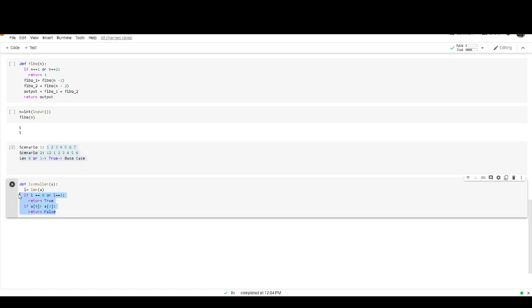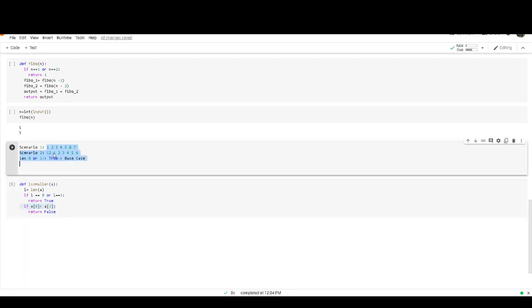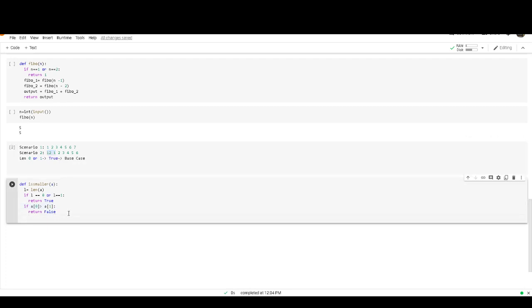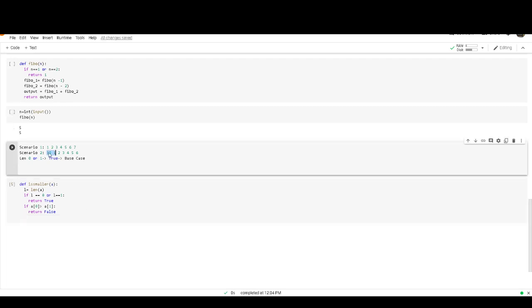We have got as much information as possible. This is what we define in scenario 2: if a of 0 is 12 and a of 1 is 1, and the first one is greater than the second one, it should return false. So first we have compared these two numbers and handled the base case.